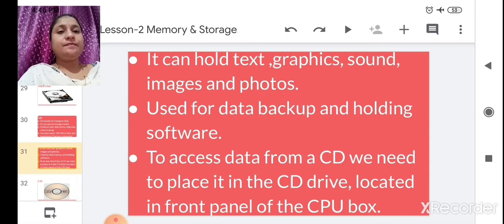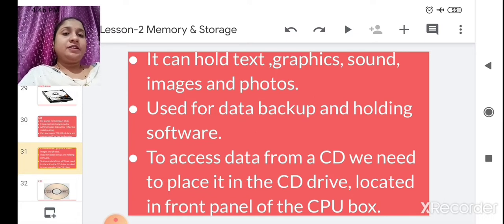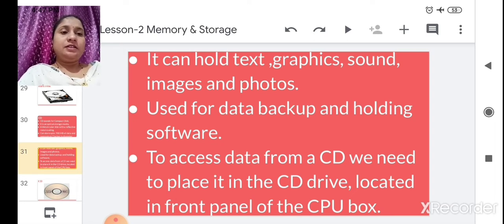To access data from a CD, we need to place it in a CD drive located in the front panel of the CPU box. So in the CPU box there is a CD drive. There is a rectangular plate, and below that plate there is a single button.